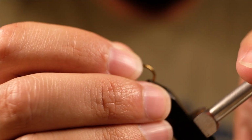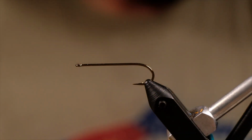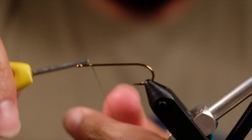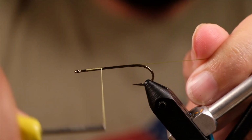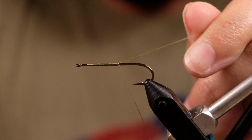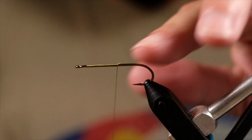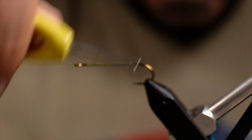So get this back hook in the vise. I'm using Vivus 140 denier thread. So I'm going to start with the thread on the hook, and then we're going to tie in a marabou tail as the first step. So get that started. Wrap all the way back to the bend,